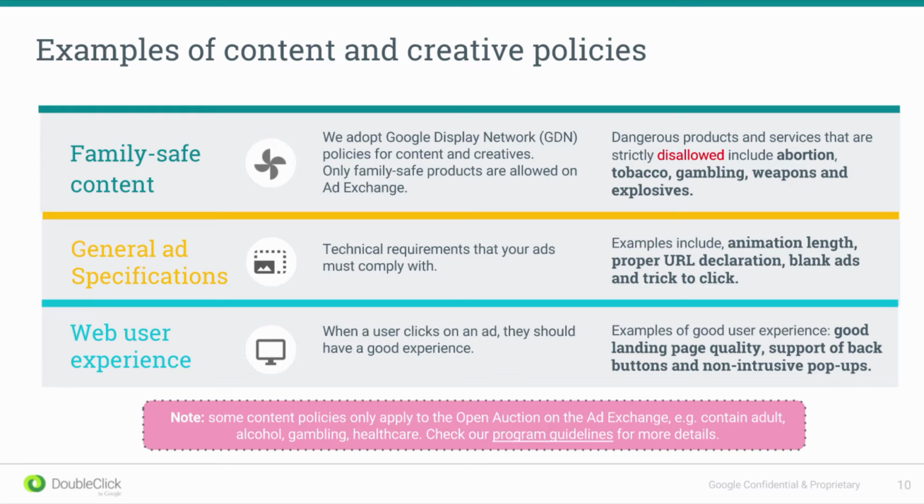Google assigns a family status to all ads to make sure that ads are shown to an appropriate audience. Products that are considered non-family safe cannot currently be run on the ad exchange. Therefore, we disallow all non-family safe ads. Examples of these can be abortion, tobacco, weapons, or politics. It's worth noting we recently opened up alcohol ads, so we'll be covering that in the new policy section